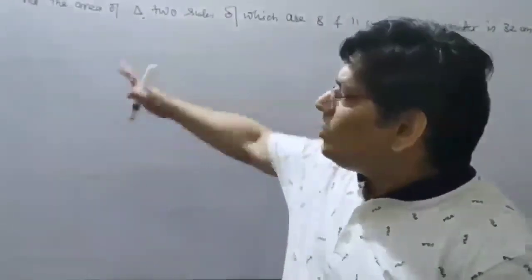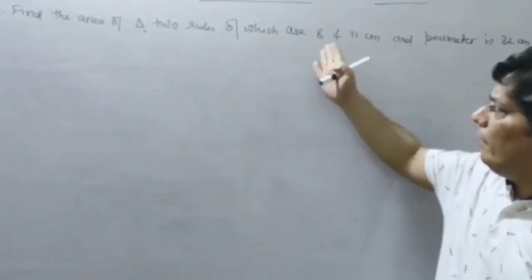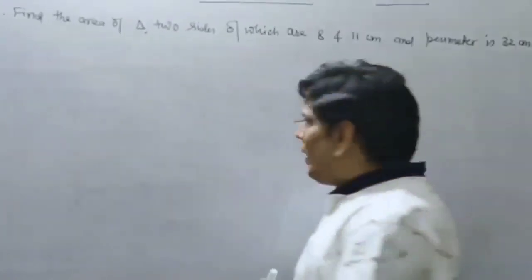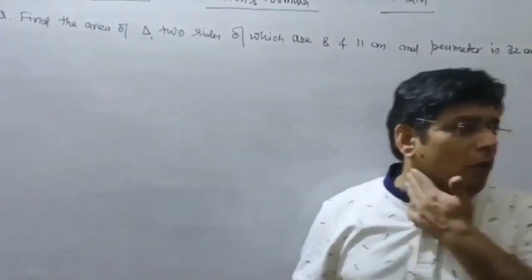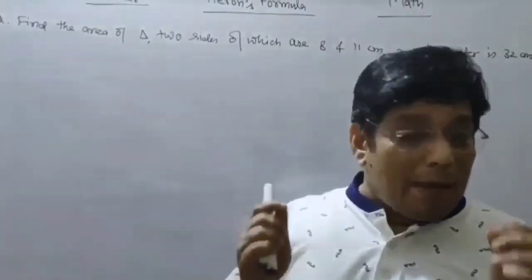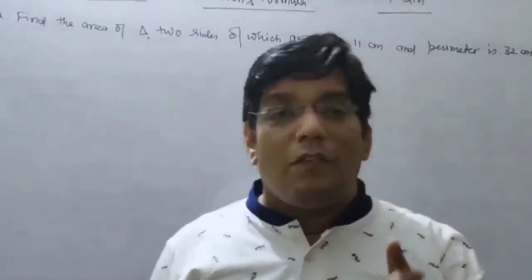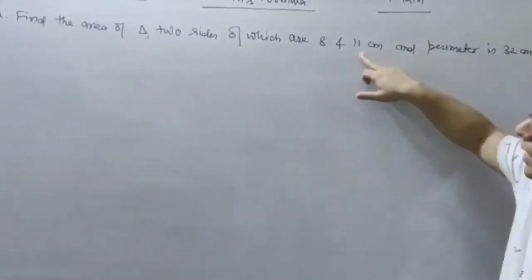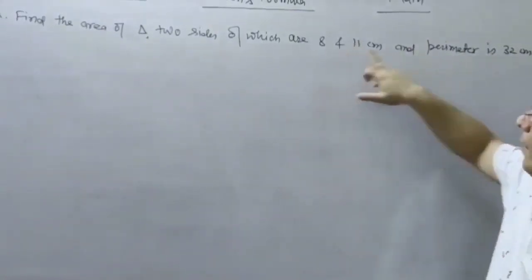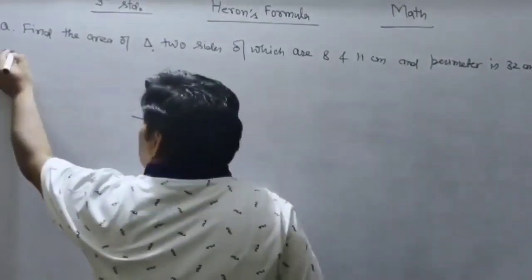Now the next question is, find the area of a triangle when two sides are 8 and 11 centimeter and the perimeter is 32 centimeter. In that question you have to use the area of triangle. मैंने आपको कहा था हीरोन्स फॉर्मूला हम तब कैलकुलेट करेंगे when the 3 sides of a triangle are given. But thing is that यहाँ पर आपके पास 2 sides है और थर्ड साइड की जगह पर आपके पास पेरीमीटर गिवन है. सो सॉल्यूशन में हमें क्या ध्यान रखना होगा,